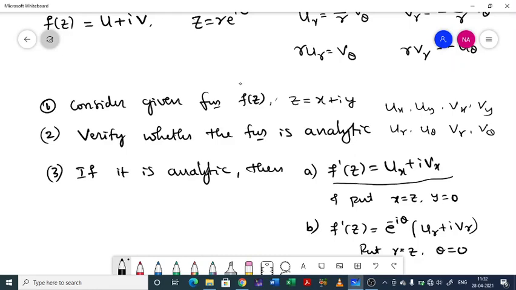So with this we are going to wind up our first class. We started with what a complex number is, assuming familiarity with real numbers, then discussed the basic parameters of complex numbers and basic ideas associated with them, and we started with complex functions, limit, continuity, differentiability and analyticity. Then finally CR equations were discussed, and the procedure to find the derivative of an analytic function is given in this video. In the next class I am going to discuss problems on the derivative of an analytic function. So thank you.